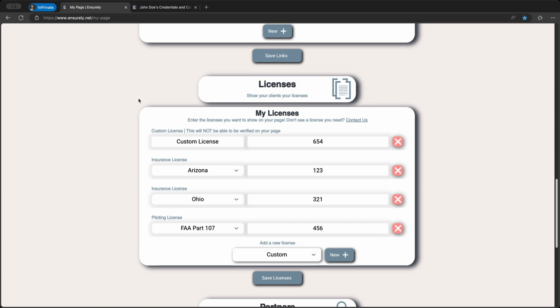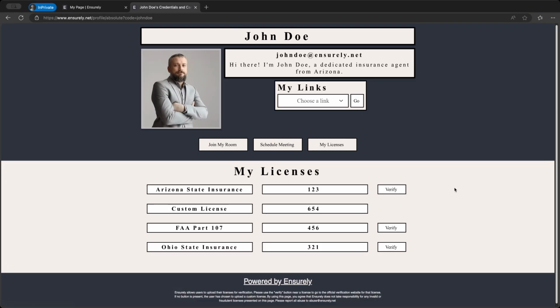As you can see, it automatically categorizes itself and alphabetizes itself after you save. But let's see what this looks like on John Doe's profile now. Now that's already looking a lot better from when we first started. As you can see, now we have a little strip here called My Licenses with all the licenses that we just put in. Our Arizona, FAA, and Ohio license have a Verify button by them because they were officially supported